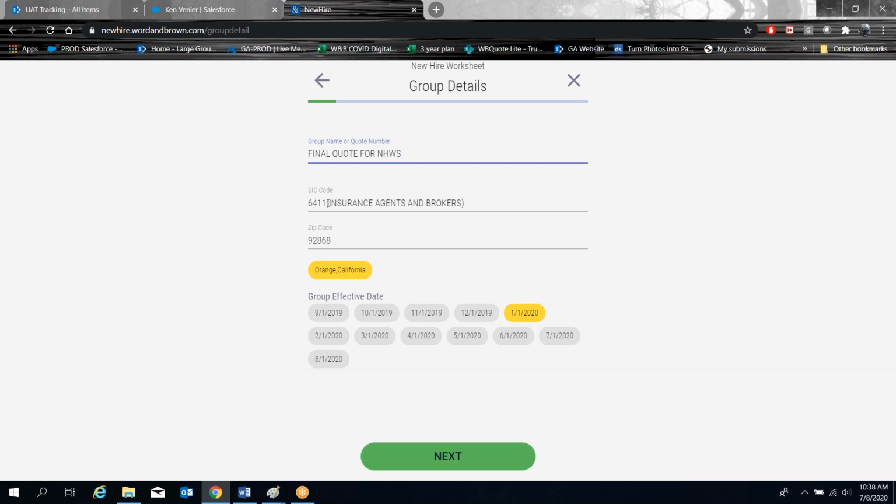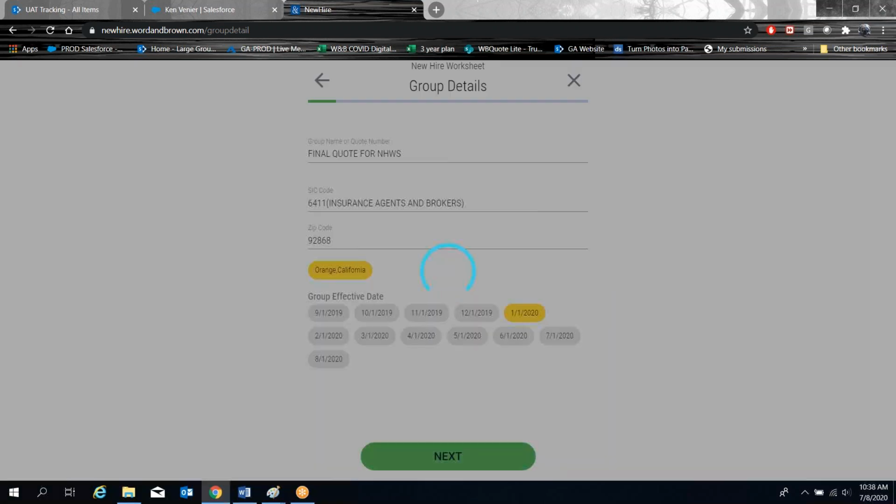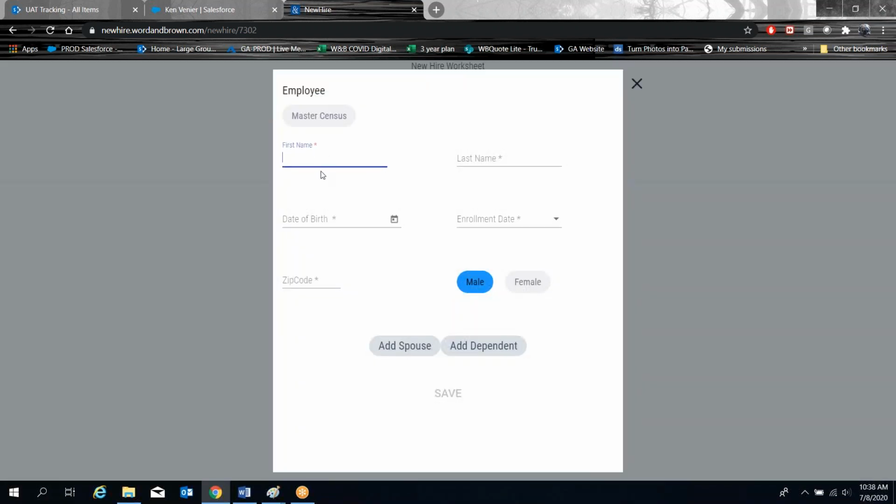Once you do select it, you'll see that the SIC code's already there, the zip code's already there, the effective date for the quote is already there. You simply click next. You're going to go add